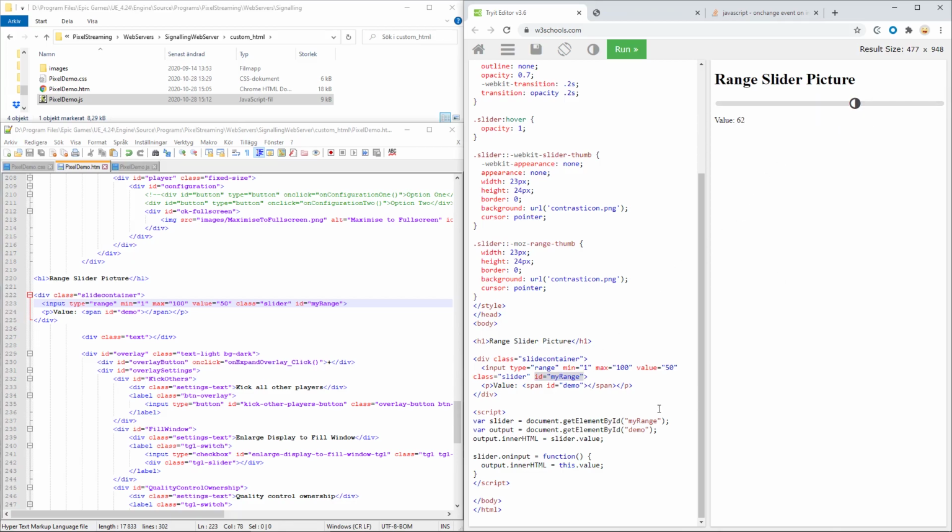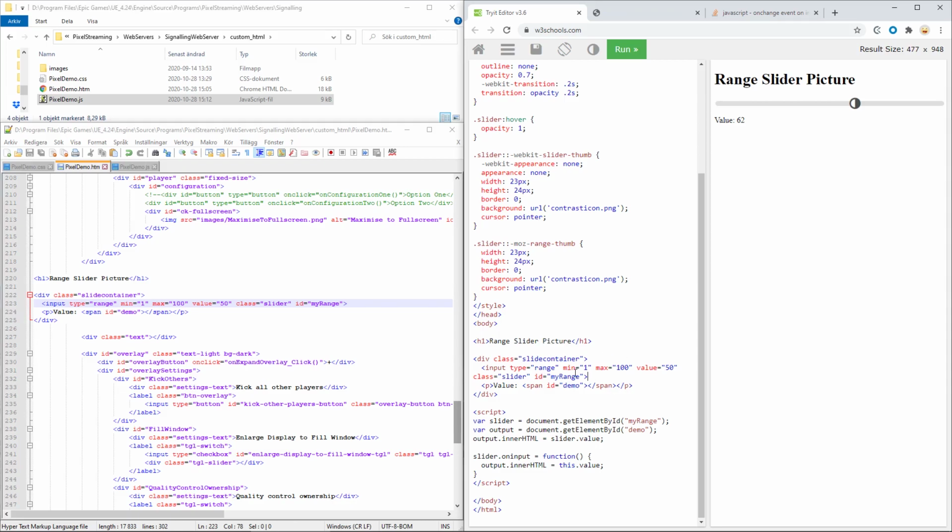Whenever I change this, the JavaScript has created a variable called slider, which is the slider with the element ID myRange. We create yet another variable called output, which is called demo, which is later used after the value here in the HTML.